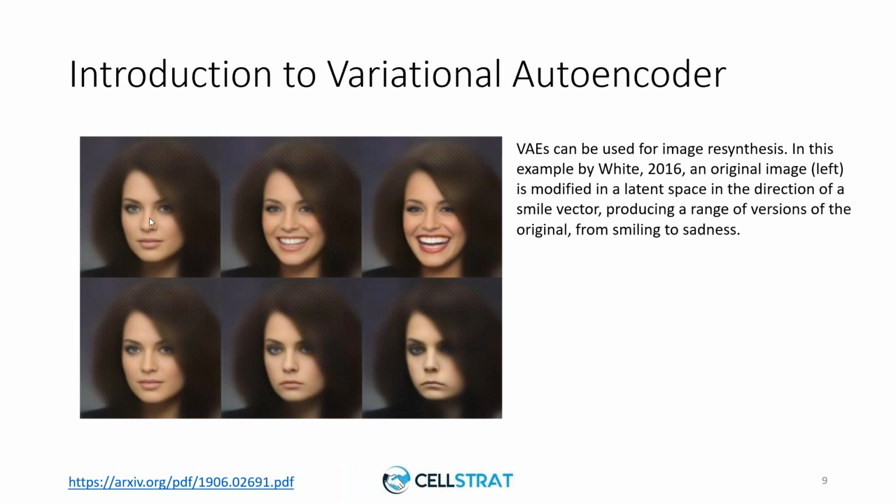This is one of the examples, where this is the original image of a face, and then we make some changes, and the person is smiling more, and here to the extent of laughing. Now the expression has changed, and it finally comes to something around sadness. So we are playing around with some particular latent features, and we are getting different expressions.